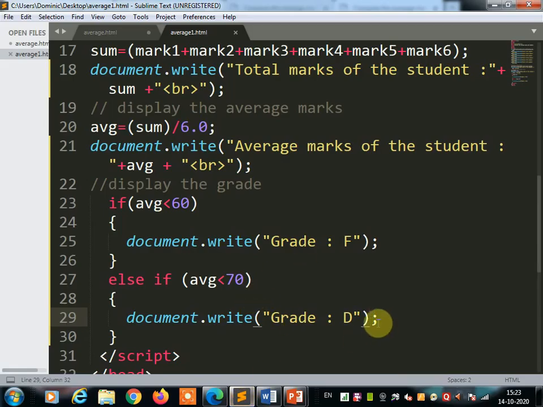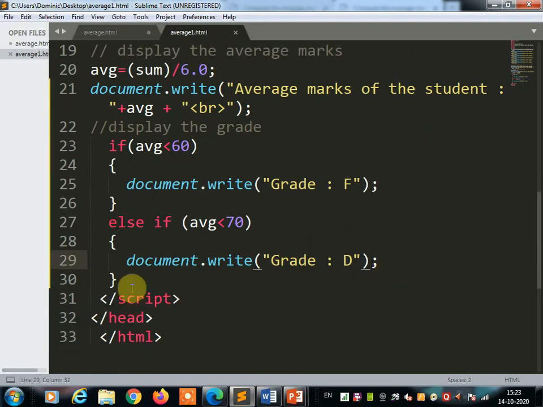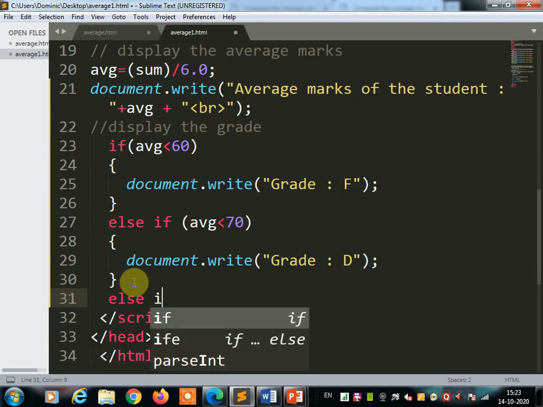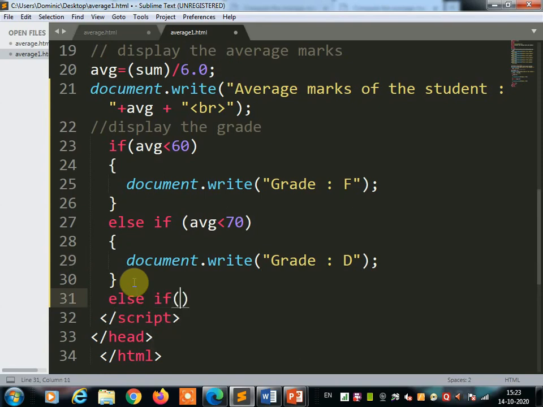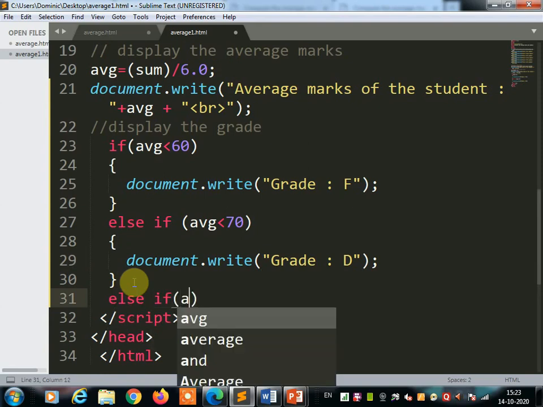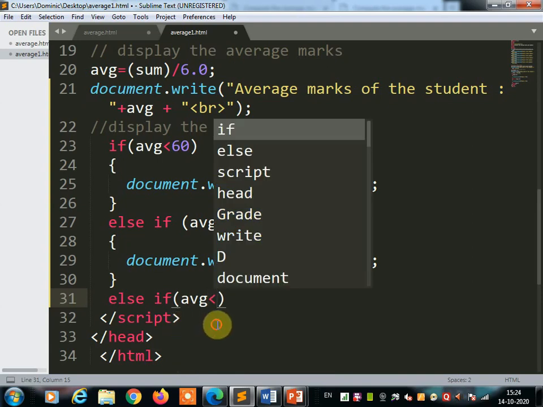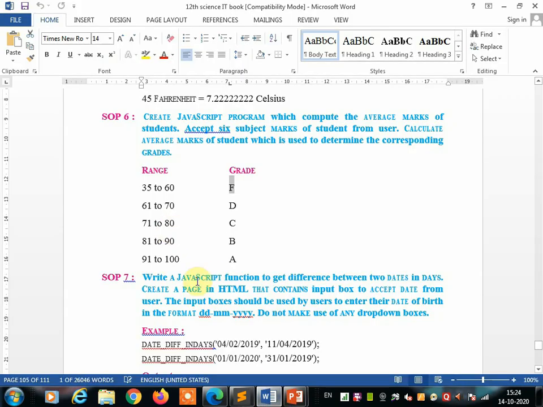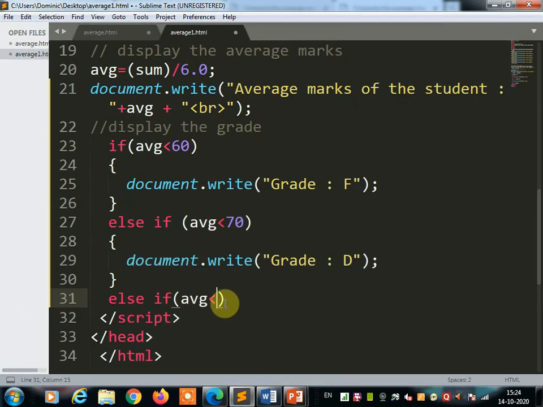Okay, so next, else if average less than, here average less than 80, so you can write here 80 and then the statement.